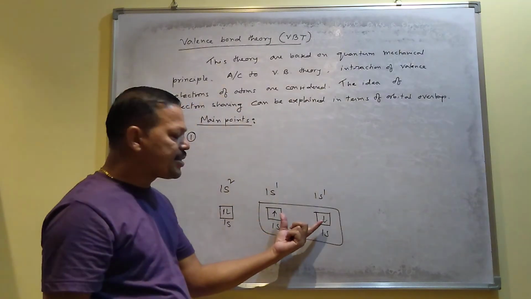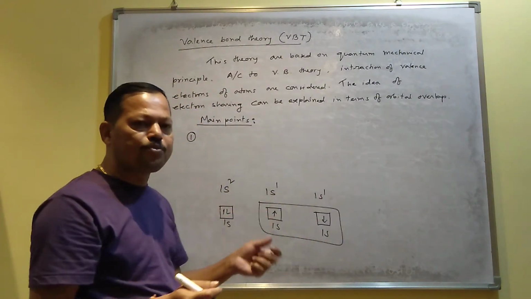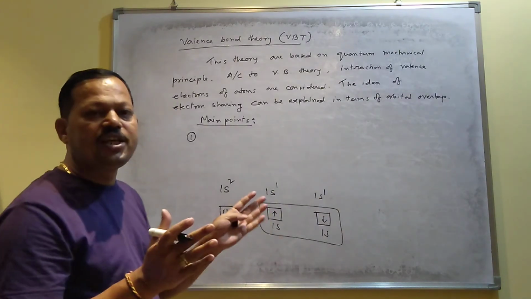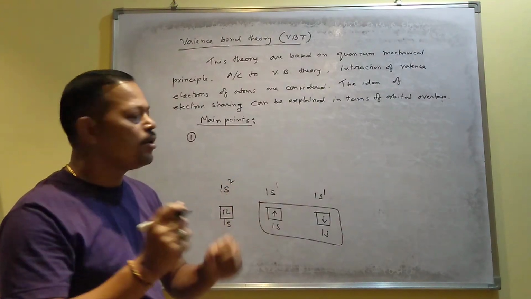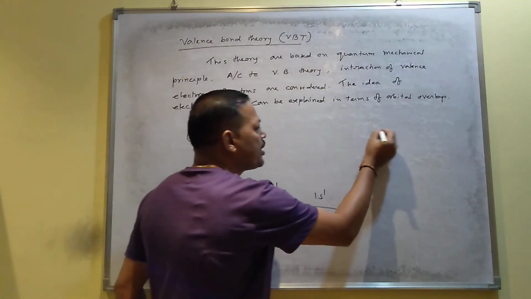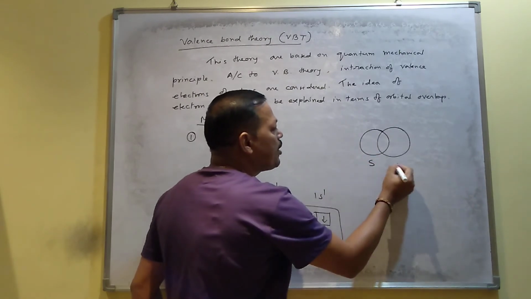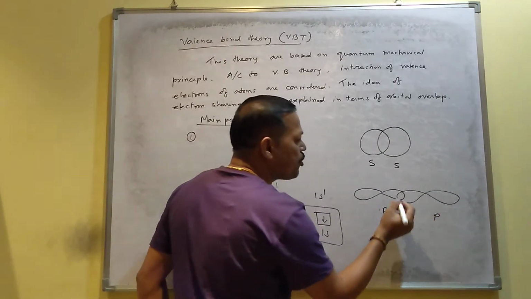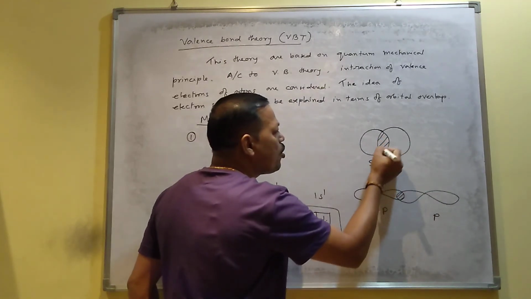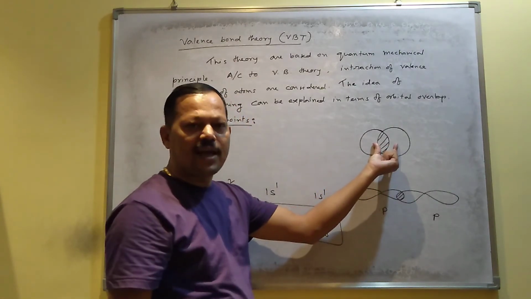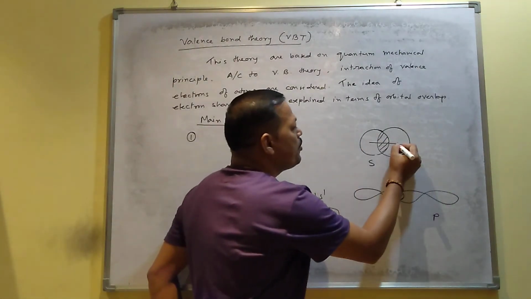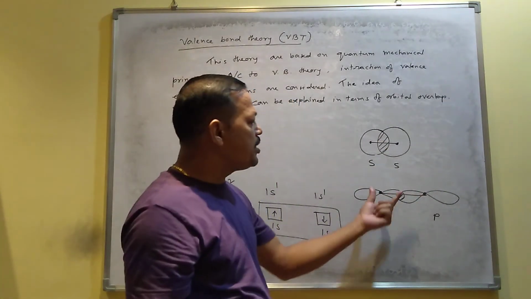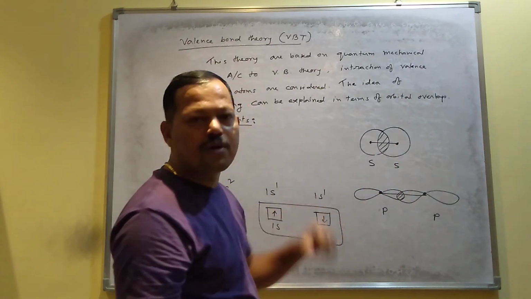And the strength and the stability of the bond after overlapping, when the bond is formed, what about the strength, energy, and the stability of the bond? It depends on the degree of overlap. If the degree of overlap is more, the strength of the bond will be more. For example, this is called SS overlap, when an S orbital overlaps with another S orbital, and this is called PP overlap. This is P orbital, this is P orbital. This is the overlap area here, this is the overlap area. Since the area is more in SS, that's why the strength of the bond will be stronger. Here overlap is less, that's why the strength of the bond will be less. I mean, this bond will be weak, this bond will be a stronger one.